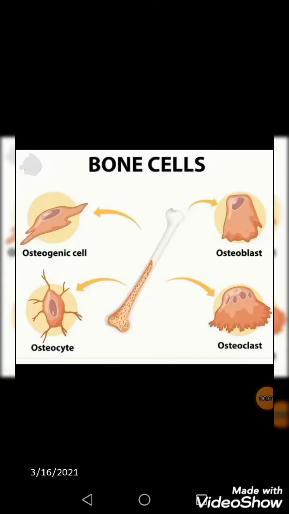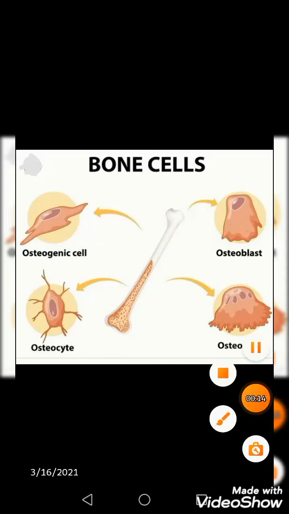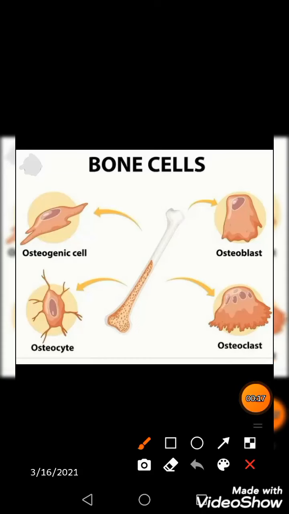The bone consists of the bone cells, as you can see in the picture, and the extracellular matrix. Now the bone cells, there are four types of bone cells. Number one, you can see that there is an osteoprogenitor cell, also written as osteogenic cell. What about it? It originates from the embryonic mesenchymal connective tissue. And where is it located? Let me tell you, it is located in the inner lining of the periosteum and the endosteum.